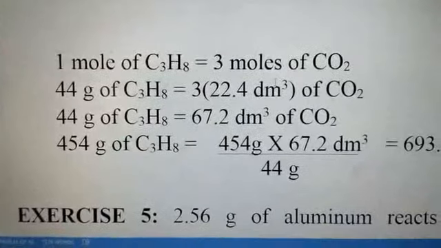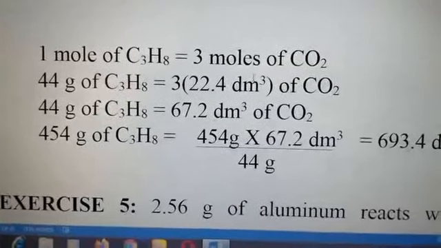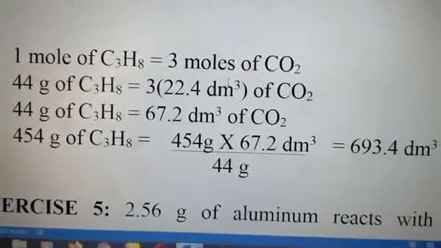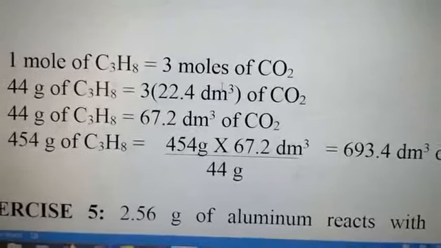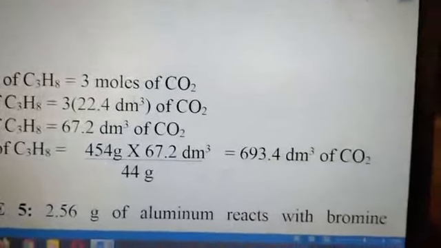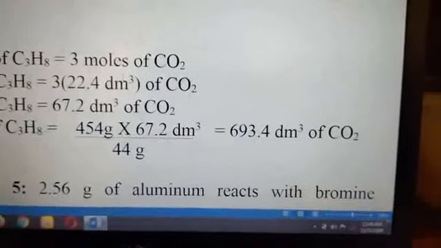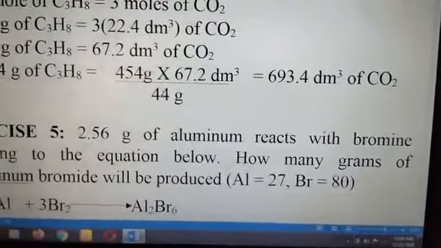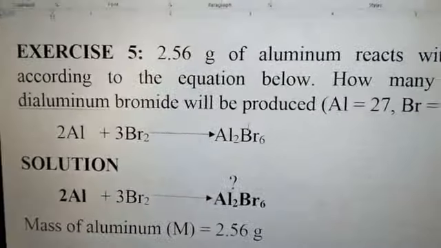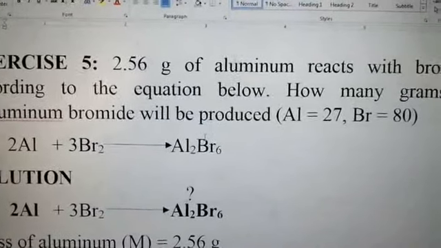So therefore, 454 grams of propane that was burnt will now provide 454 times 67.2 dm³ all over 44, and that gives me 693.4 dm³ of carbon 4 oxide. We look at exercise 5. Exercise 5 says